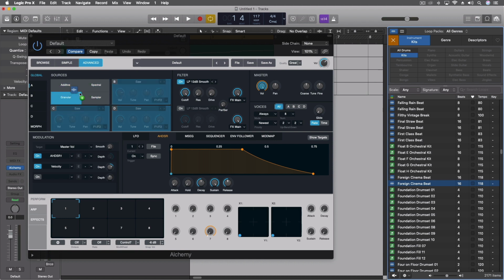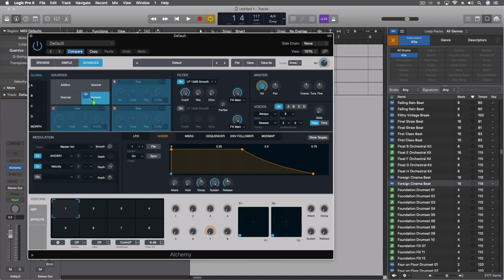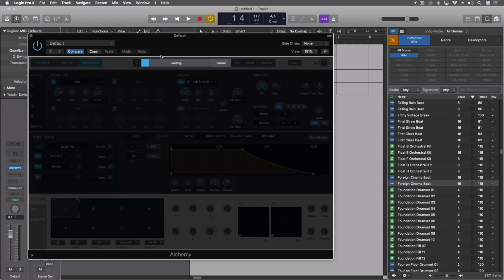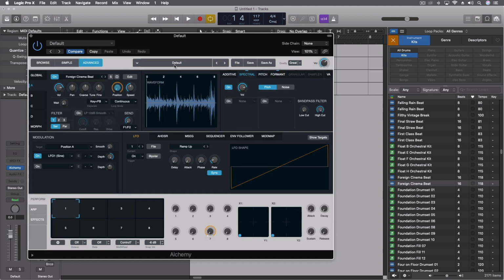I could do it this way if I want. We could do it as a sampler if we want. We could do it under the spectral analysis, the granular analysis, or the additive analysis. Let's say, just for the sake of being able to keep it at the same pitch no matter where we put it on the keyboard, let's put it under spectral. It's going to analyze it and bring it in. When I push C on the keyboard,